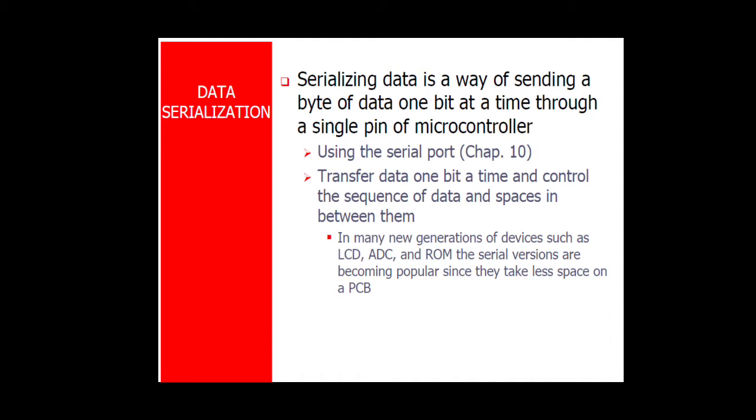Serializing data is a way of sending a byte of data one bit at a time through a single pin of microcontroller. There are two ways to transfer a byte of data serially. First one is using the serial port. When using the serial port, the programmer has very limited control over the sequence of data transfer. The second way is to transfer data one bit a time and control the sequence of data and spaces in